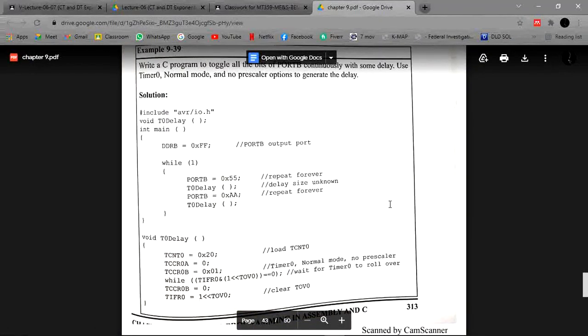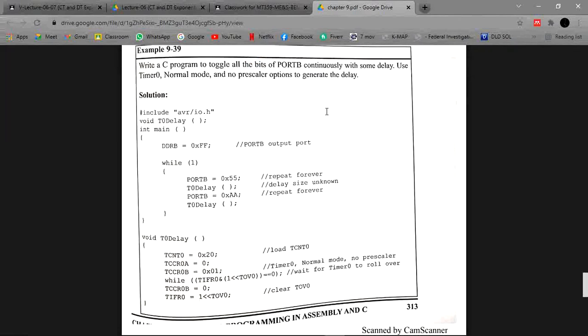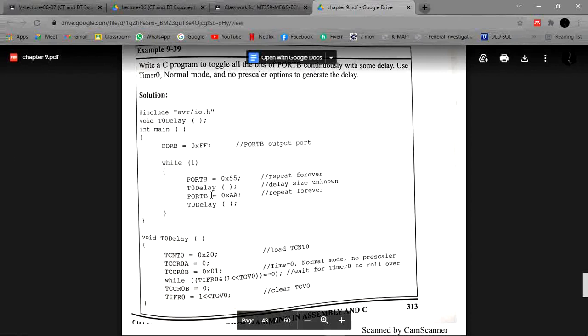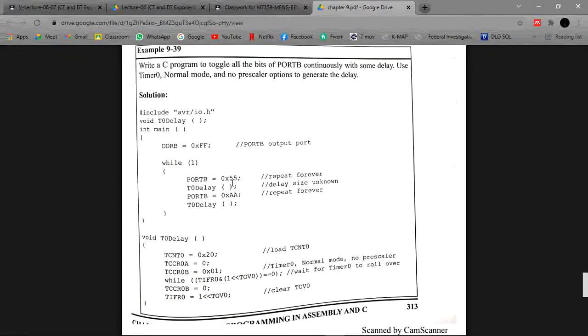Now you can see in this code we have to write a C program to toggle all the bits of Port B continuously with some delay. Use Timer0, normal mode and no prescaler option to generate the delay. First of all we declare the header avr/io.h and a void delay function header. After initializing main we set Port B as output with the help of the direction register, and with the help of this while loop we send 0x55 to Port B, which will repeat forever.